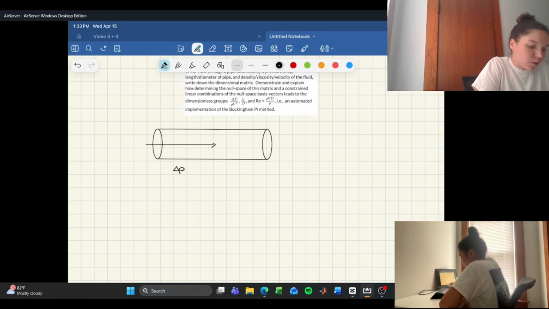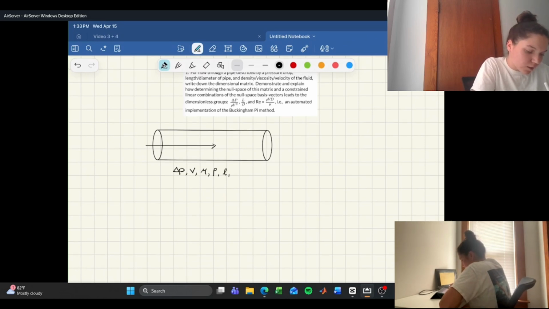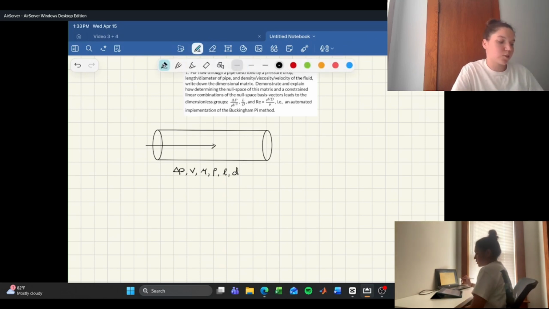from one end of the pipe to the other. It can also be determined by the velocity of the flow, as well as the viscosity of the fluid, and also the density of the fluid that's flowing through the pipe. Another factor would be the dimensions of the pipe itself, which is going to be the length and the diameter. So these 6 components all influence the flow through the pipe, and that's what we're going to look at for